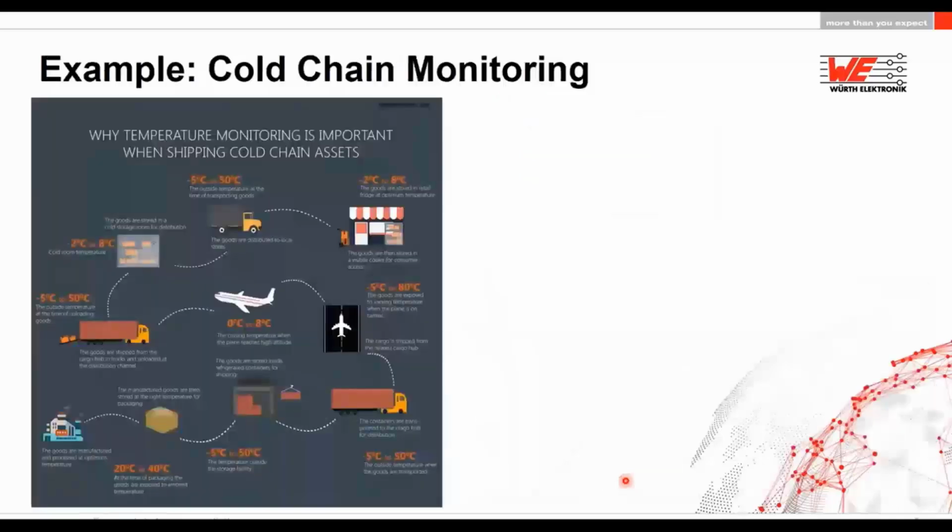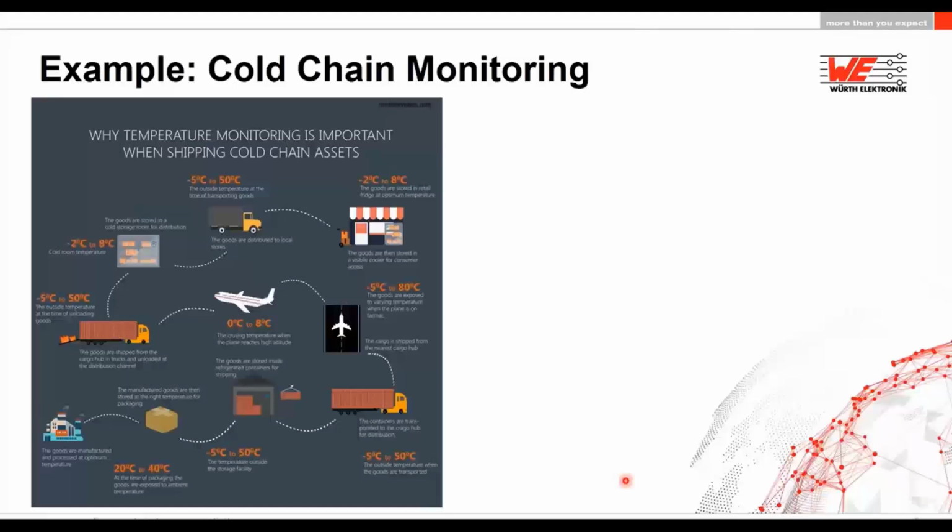Here is an example of cold chain monitoring in the food industry, where the product is manufactured in certain environments, and it is also transported and then stored in certain conditions so that it doesn't go bad or some microorganisms don't start evolving in the food. And these things must be taken care of from the production to the plate. And the production to the plate is not a small journey. It sometimes takes lots and lots of days and goes through